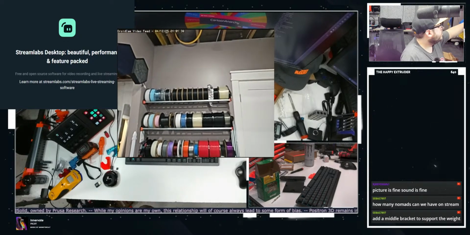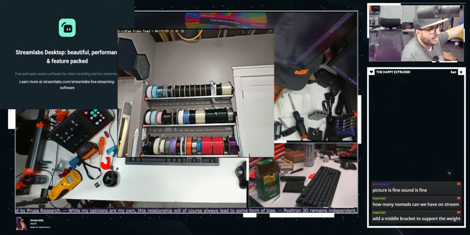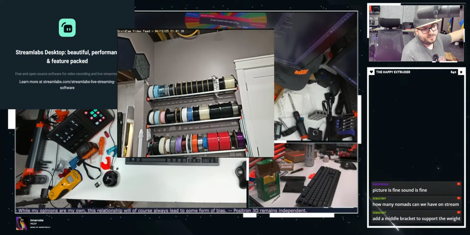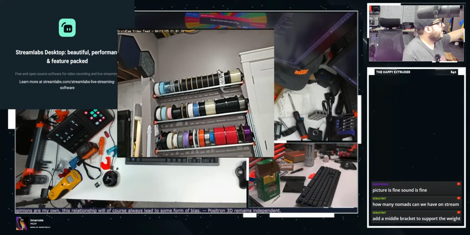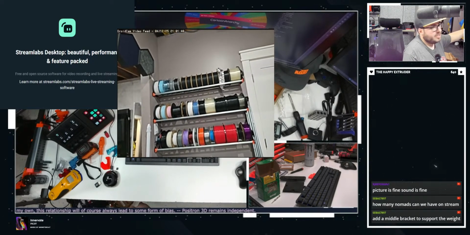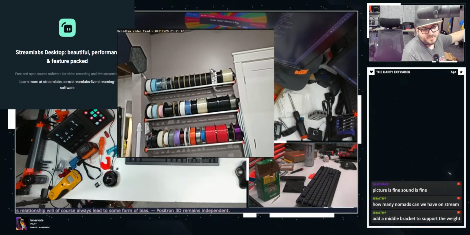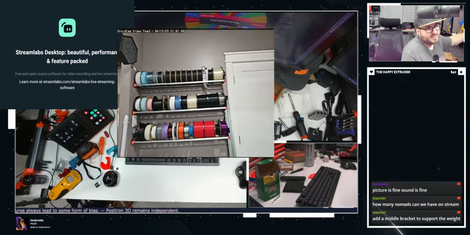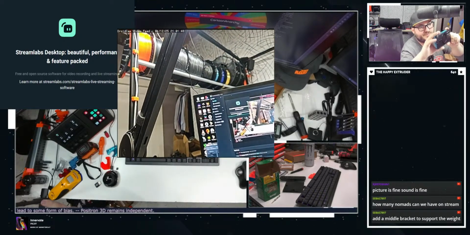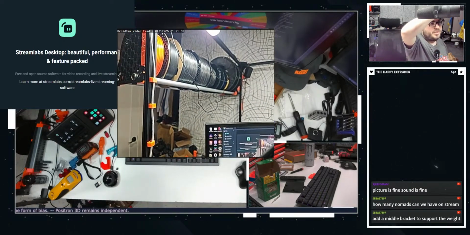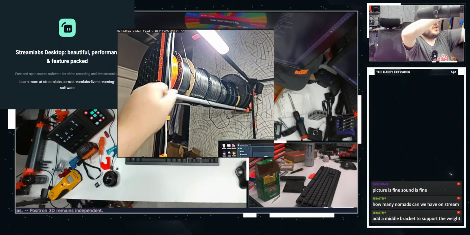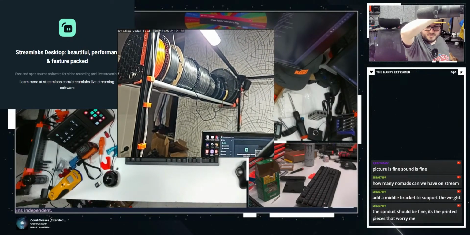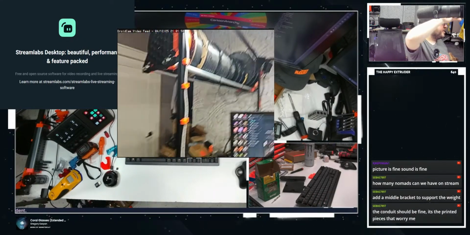I absolutely loaded up the top one with a maximum amount of weight. I'm gonna see what happens. This is all PETG, so it should survive. And if, you know, something happens, something happens. But it should be fine. But I also have this one up here. This one is really cool. I love that I can just reach up and grab filament as needed. The conduit should be fine. It's the printed piece that worries me.